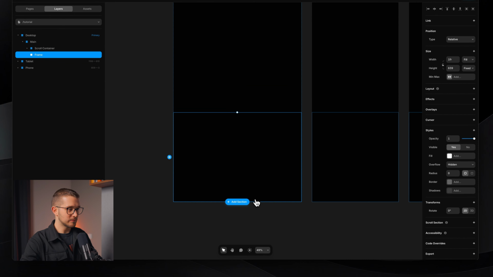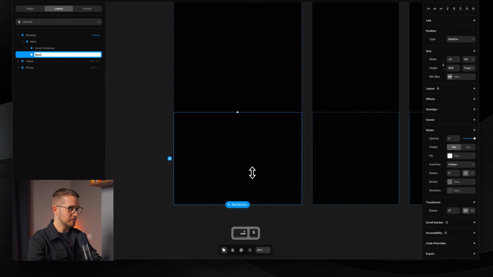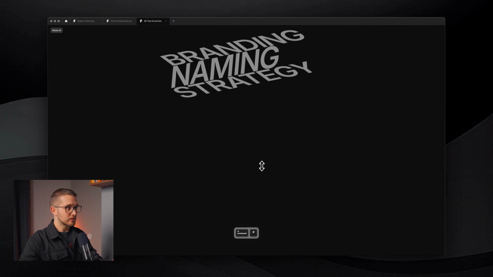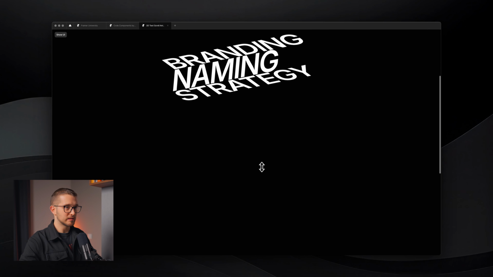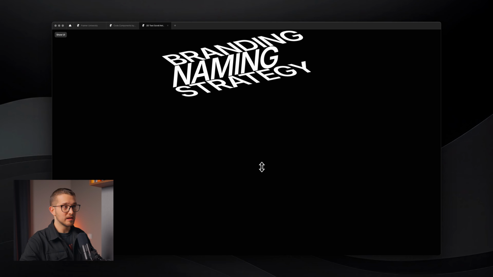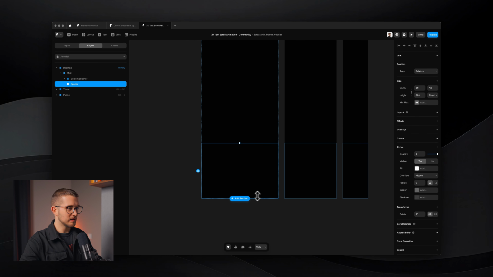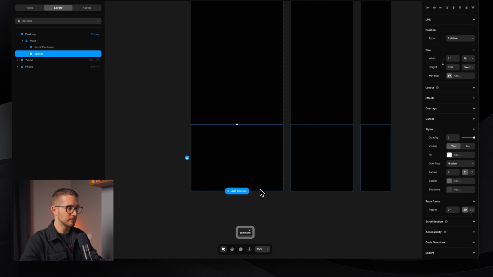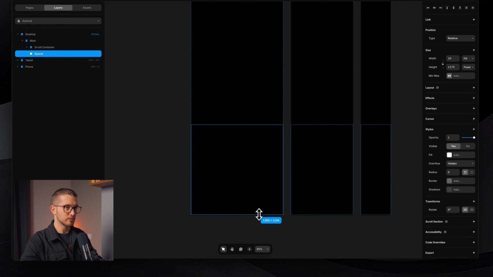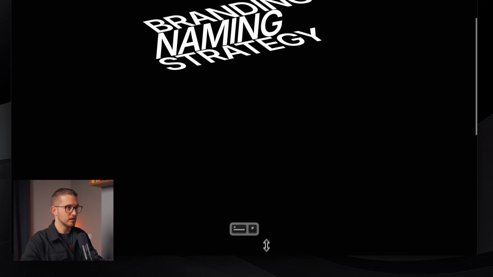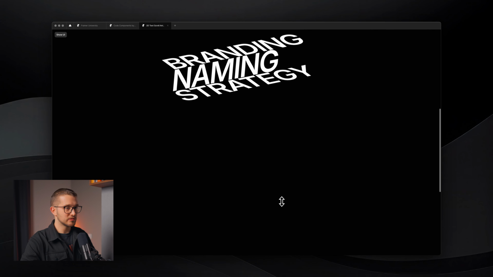So let's remove this fill color. This is going to be just a spacer at the end. And let's start scrolling right now. I'm scrolling, and once I reach the end of the scroll container, it's going to start scrolling away. But it seems like this spacer is not long enough, or something is not right here. Let's just try to do it this way. And yeah, now you can see that when we reach the end of the scroll container, this just starts scrolling